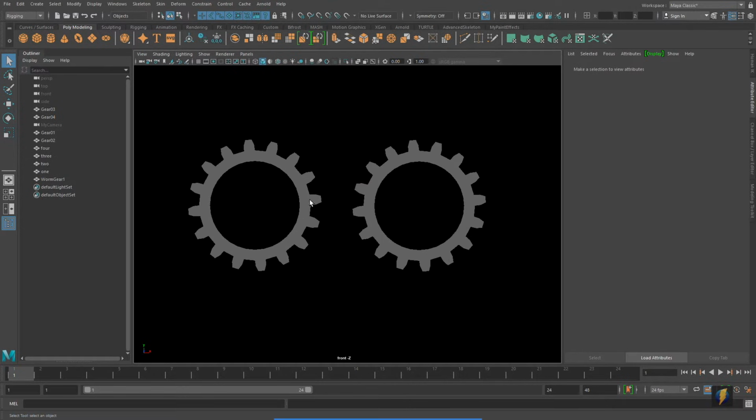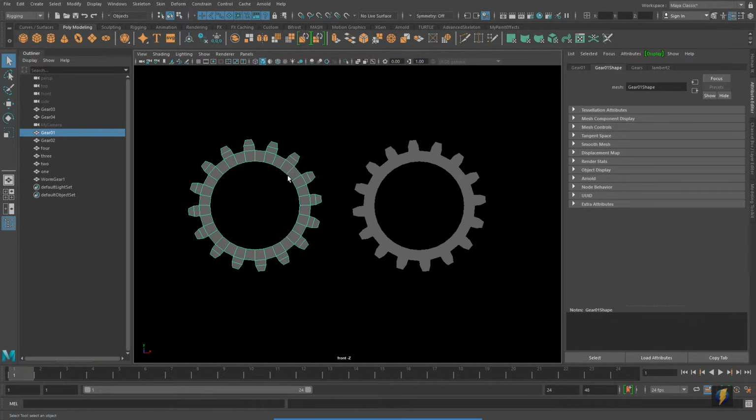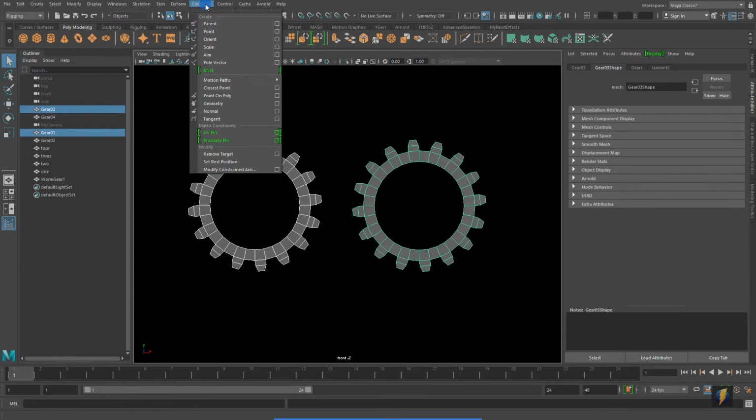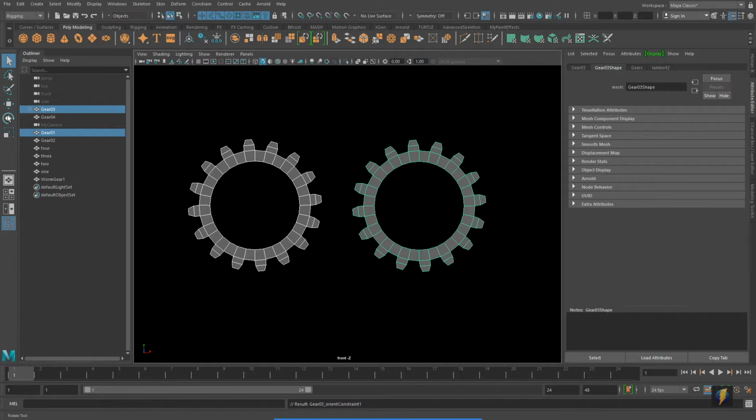And the way that the constraints worked were that you could select an object, the object that was going to be the one that influences the other object, and then you can shift select the second object as the object that's going to be constrained. And then we can go to constrain and then choose from various different types of constraints, such as a parent constraint, point, orient, scale, aim, etc. I'm going to apply an orient constraint to this so that we can just have a little refresher and see